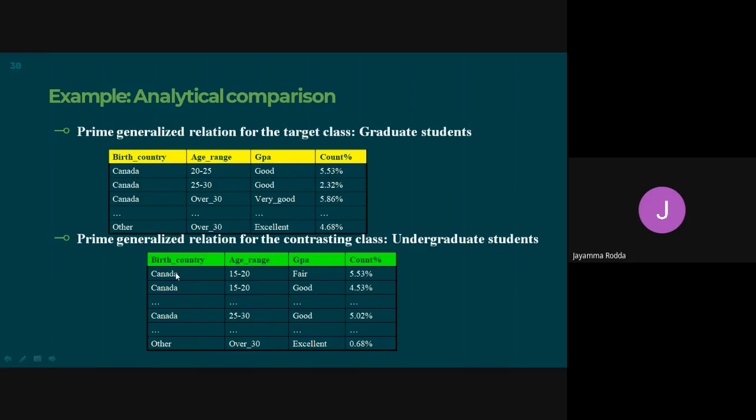So likewise here, there are students from Canada whose age range is between 15 to 20 and their GPA is